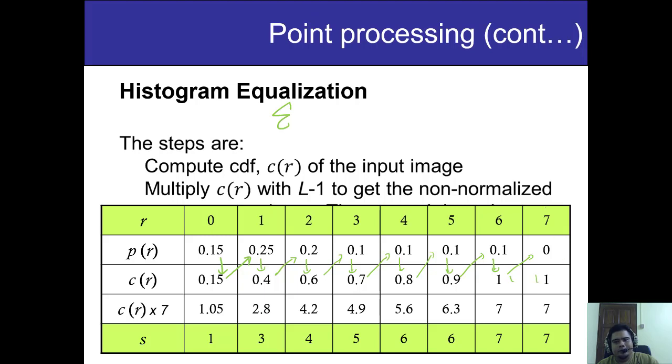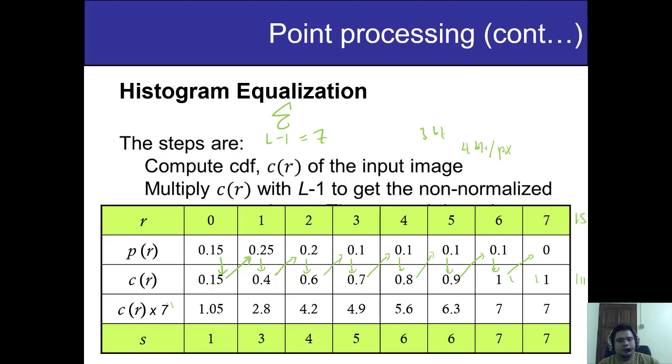If you talk about 4-bit per pixel intensity resolution, then you can have from 0 to 15, and you can have 1 1 1, too many ones there. So if you find your cumulative distribution function ends up with 1 1 1 1, then it means you are on the right track. After that, since our L minus 1 in this question is 7, you just multiply.